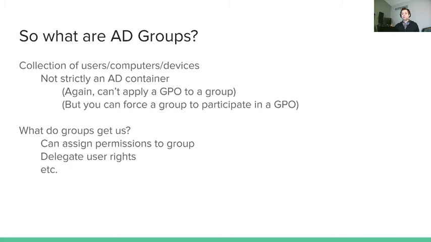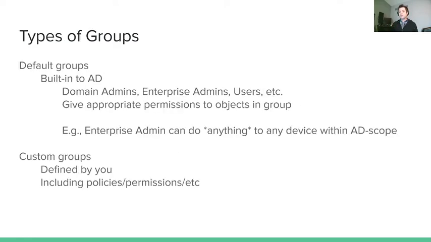All right. We can also do delegation for user rights in here. Basically, we're going to delegate, you have the rights to do this or this or this, and we can make that a group-based activity. In terms of where this would make sense, initially I thought that we would actually have everybody be a group. So team A would be a group, team B would be another group, and then we would kind of assign permissions based on that notion. But it ended up being easier to have an organizational unit as a team-based group, right? Because then we can also apply things like group policy to them. And life's a little bit easier. But groups are something that you can use as well.